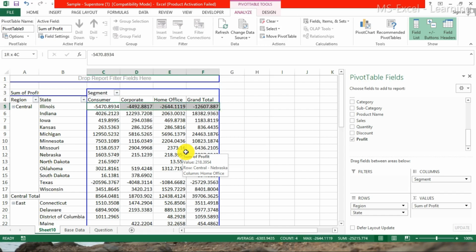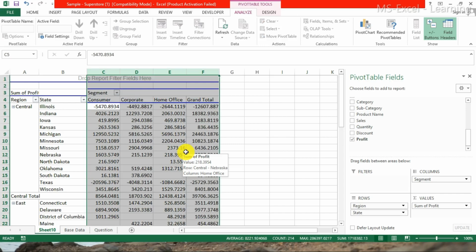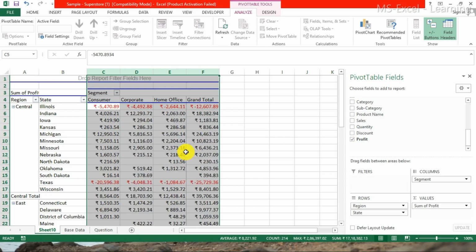Okay friends, so I'll convert this into numbers. These are already numbers, I just want to convert it into the currency. So first I have selected this, then I'll show you the shortcut key for this. You have to press Control Shift and then number 4. If you see on your keyboard, on the number 4 key there is also an Indian rupees symbol or dollar symbol. So you have to press Control Shift and this number 4. This will convert it into Indian rupees.